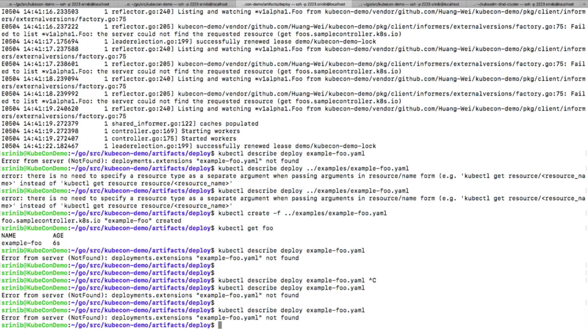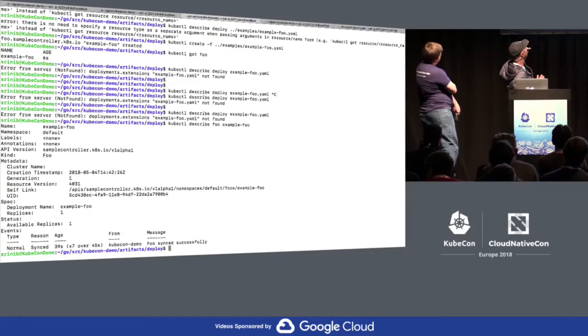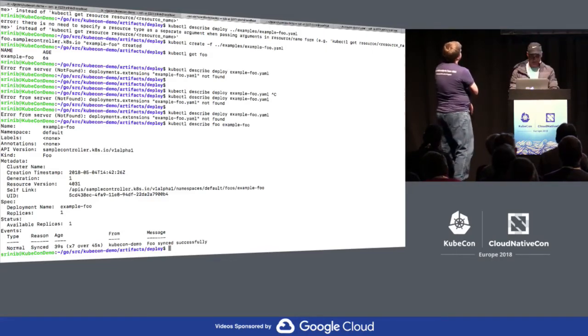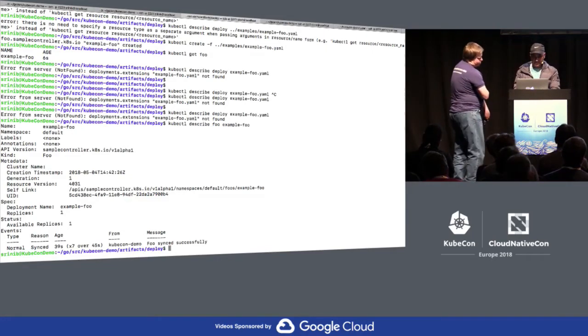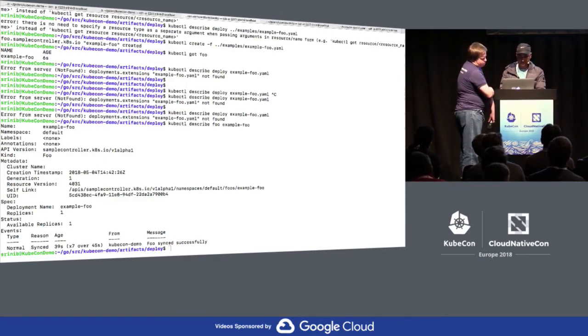Describe. I better not do cut and paste. Describe foo. Example foo. That's much better. So this is the example foo, and essentially what we did here is we have a custom controller that is looking at this foo custom resource and created a deployment for us and running Nginx. What we do at this point is we see if we can generate some traffic on this